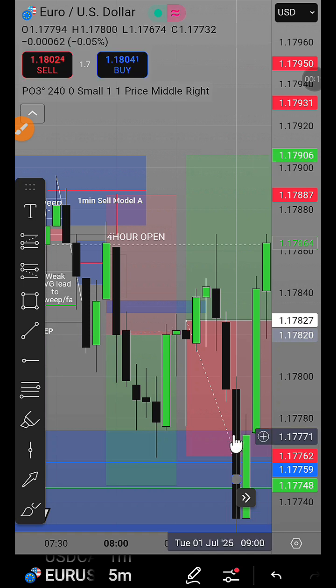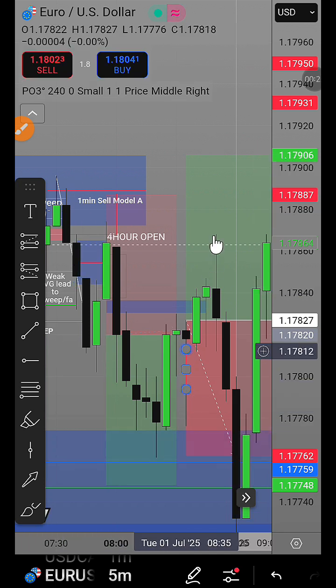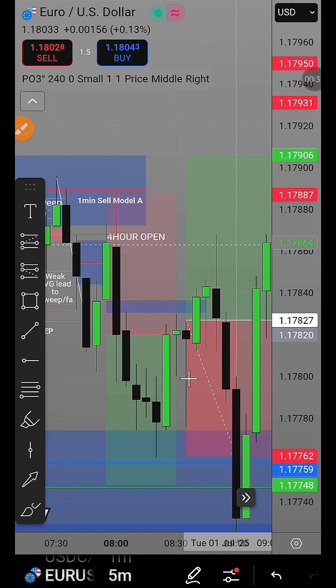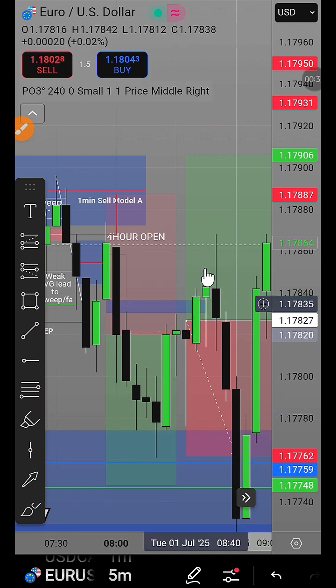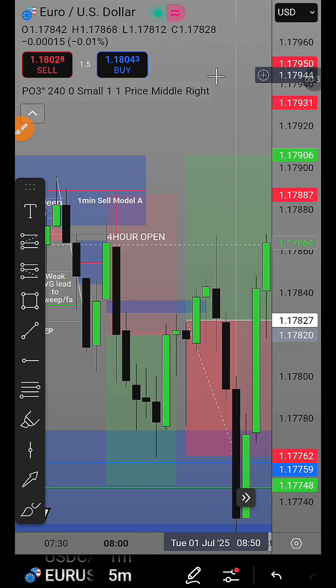Why? I got nervous and emotional because price was basically retracing to the upside, putting in a continuation to the downside. And because I saw price trading up and I saw my account balance in a negative, I started getting emotional and then I took a trade in the opposite direction. And then what happened after that?